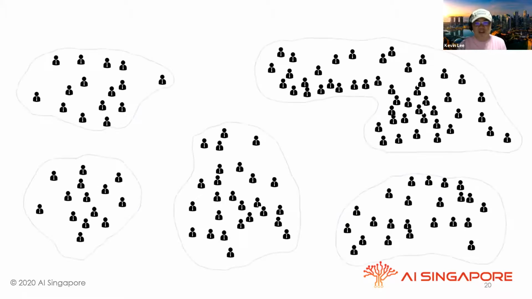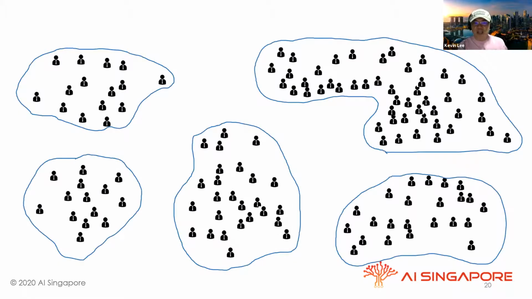How do you know it's 5 clusters? Well, there is a mathematical way for you to find the optimal clusters. It's not difficult. Once you learn it, you will see that 5 clusters is the most optimal way to do it. You can try it with 5, you can try it with 4, you can try it with 6. The algorithm will automatically be able to separate out your customers like this for you.